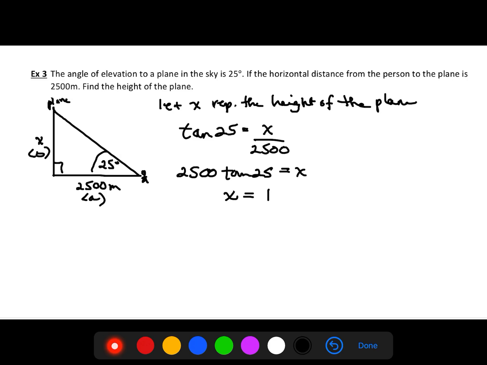Taking our 2500 to the other side, we know that 2500 times tan 25, putting that into our calculators and rounding to 1 decimal place for a side, means that the plane is 1,165.8 meters high. Okay, so again, a little bit more trigonometry, putting everything together, setting up our diagrams if we don't have one, and making sure that we have our proper formatting of word problems as